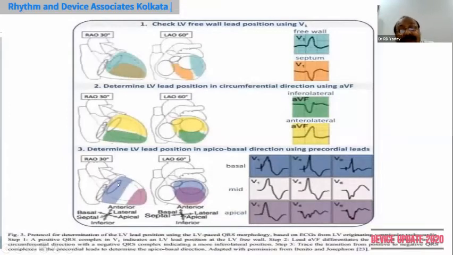And whether you are stimulating basal, mid or apex will depend. V1 to V6 all positive means you are stimulating the basal part, where the benefit is more, or the mid part, because the lateral basal part of the LV is activated late in LBBB, and the later part you activate, the more the benefit, the more synchronous the contraction of the LV, and the better the stroke volume. If you are stimulating the mid part of the LV, V1 to V4 will be positive, but V6 will be negative. If V4 is negative and V1 is positive, that means you are pacing more apical, where the benefit is least. Best benefit is in the mid part and basal part.